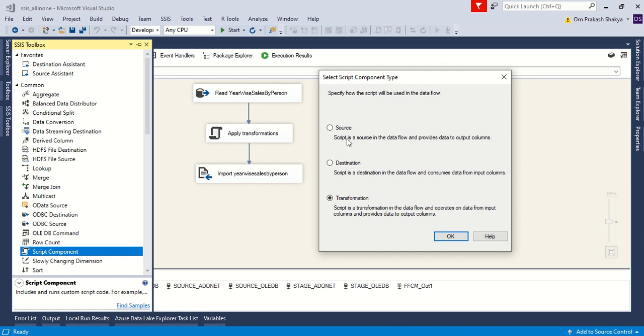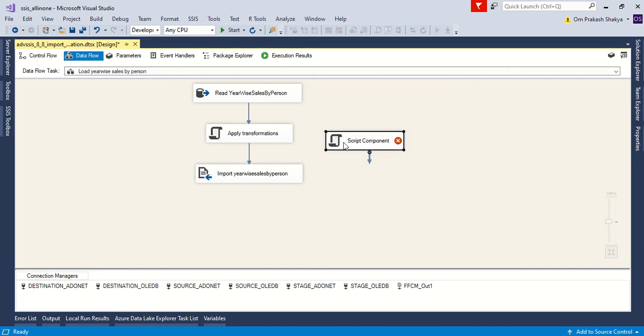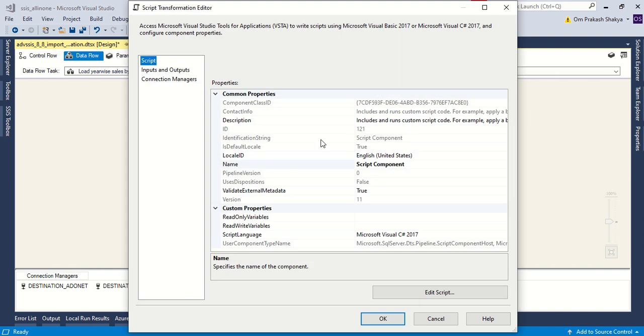So let's see if we want to use this as a source. We choose this option and select OK. It means it will be used as any source, and for that we can provide the read only variables and write only variables.